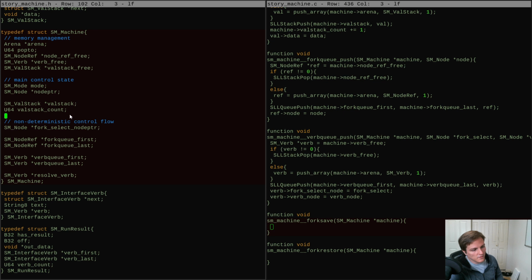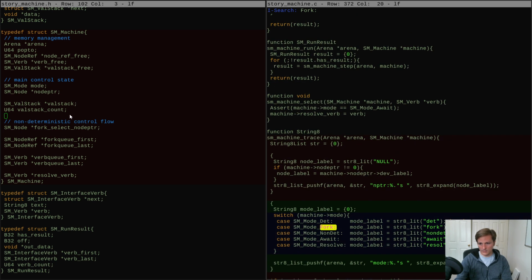The only way that could be useful is if you start wanting the machine to run faster, and so you're putting stuff on the val stack as local variable storage. But again, that's an optimization thought process, and so I don't want to prep for it right now. So actually, we don't need to save and restore the val stack. Instead, what we do